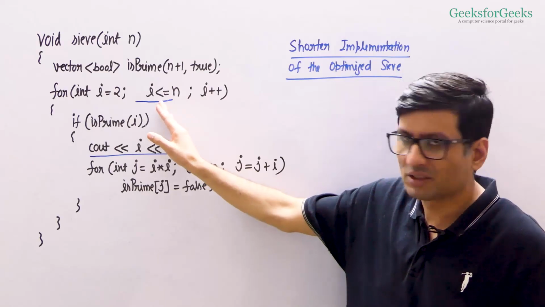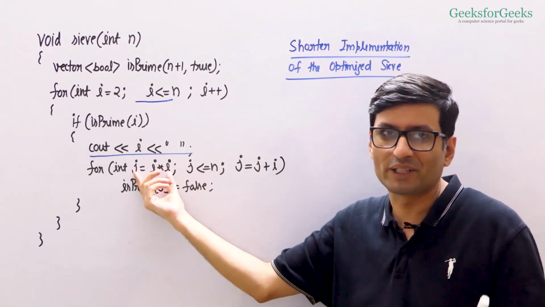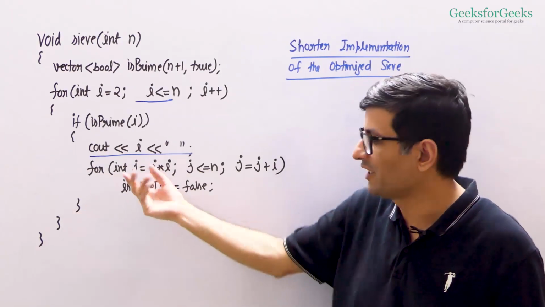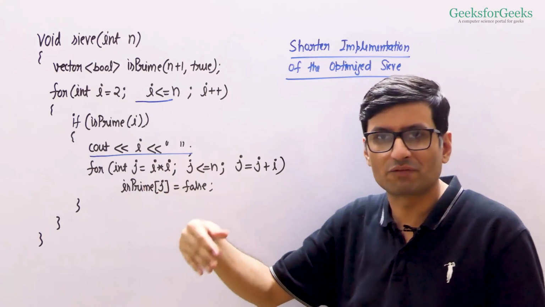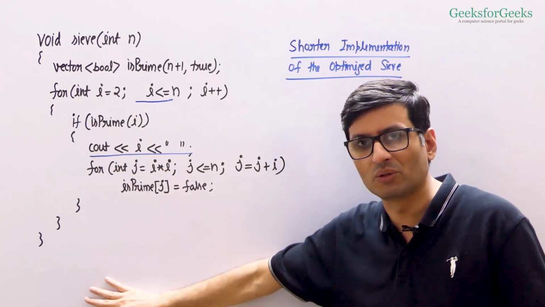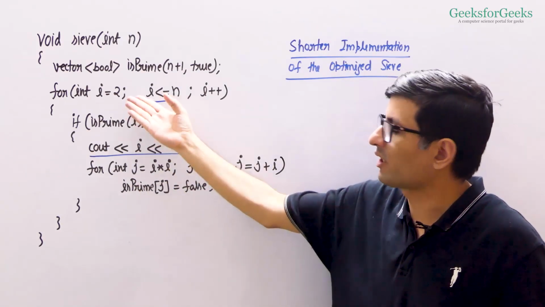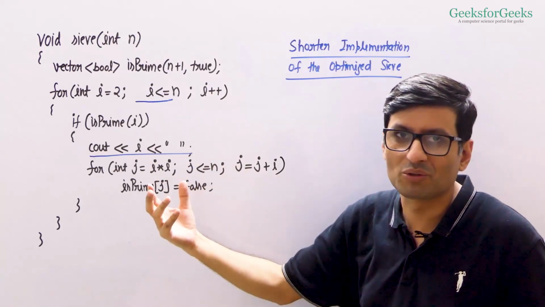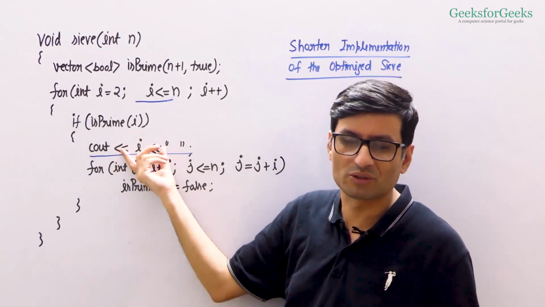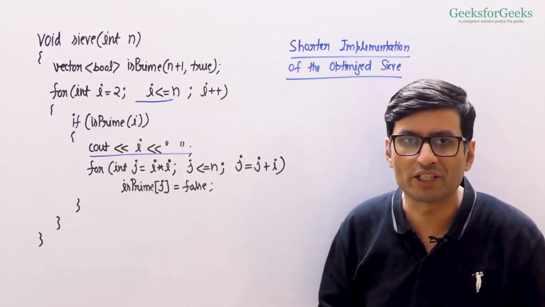See, when i becomes more than square root of n, the inner loop will not run because it begins with i into i. So that way we can remove the other loop after the i square optimization. In the first code, we can't do this optimization, but with the second code, we can remove the loop because we are now beginning the inner loop with i square. So the inner loop will not run when you have i more than square root of n, and you can extend this loop and print the prime numbers also in the same loop. So this is a shorter and optimized implementation.